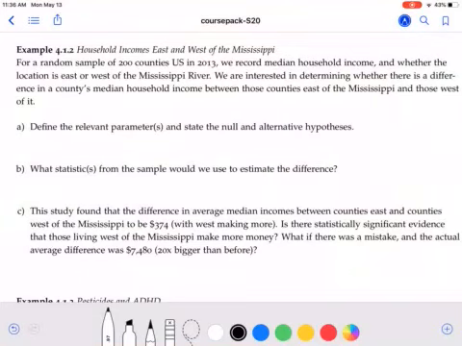We have a sample of 200 counties in the U.S. in 2013. We record median household income and whether or not they're east or west of the Mississippi. And we want to know if there's a difference in the median household income between those counties east and west of Mississippi. So here, the 4 cases that we had in the notes earlier were a test for 1 mean,